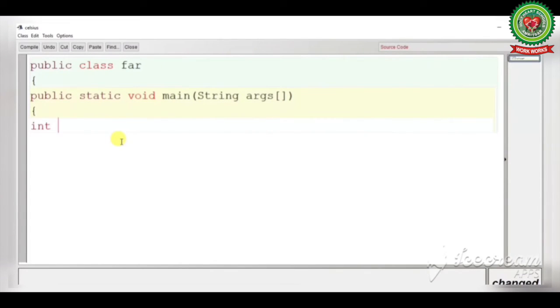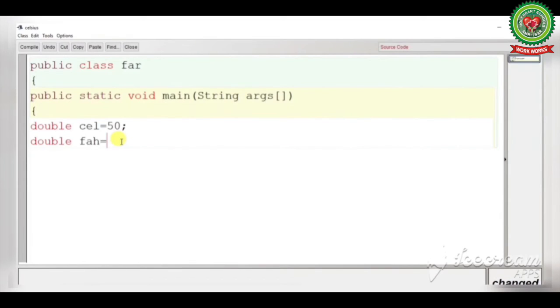Again, here also we need to initialize two variables. Semicolon. Now double next Fahrenheit variable for applying the formula.